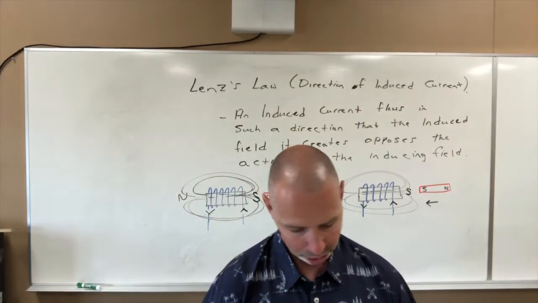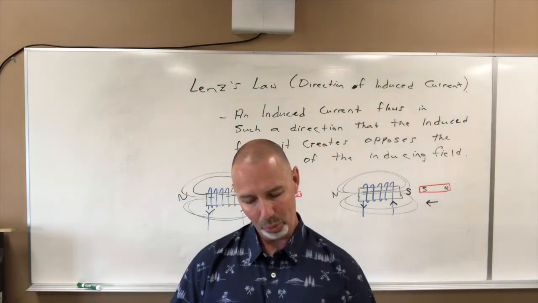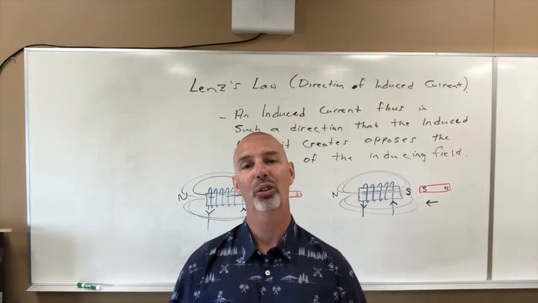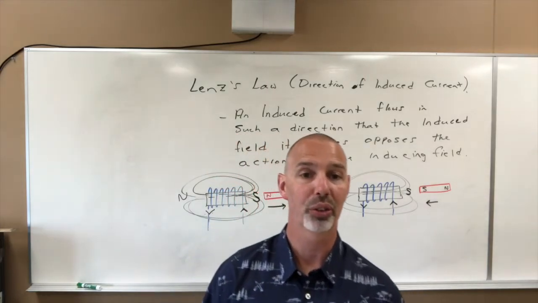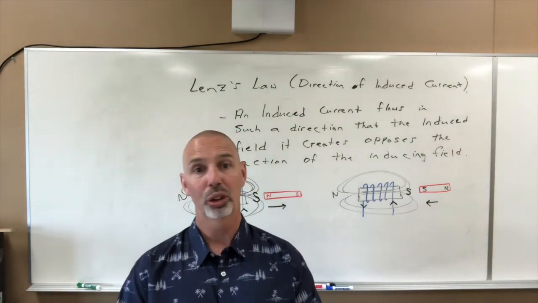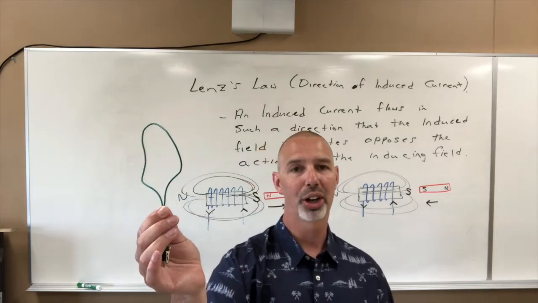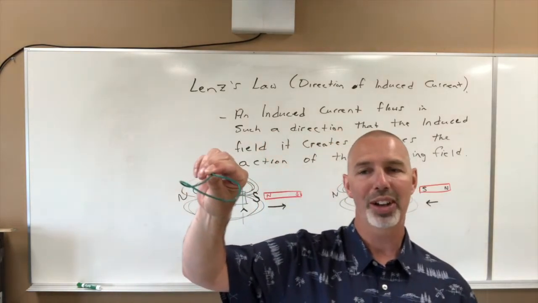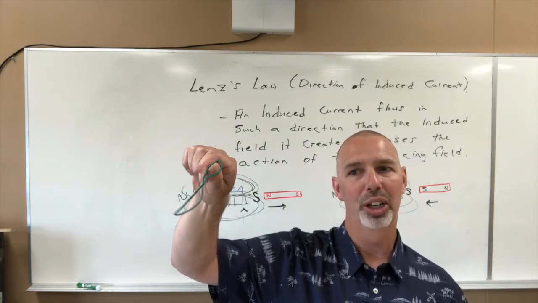Tomorrow we're going to start talking. I was going to talk one more thing though. This allows us to then create generators, electric current generators. And we use generators all the time. All of our electricity in Manitoba is done by generators. So I've created a little loop of a wire here, and I don't know if you're going to be able to see this or not, but if I take this loop and I rotate it this way,